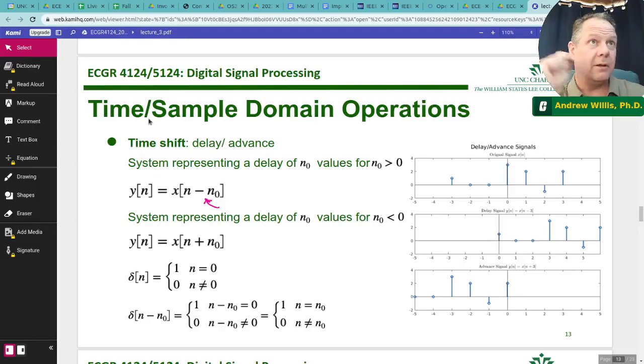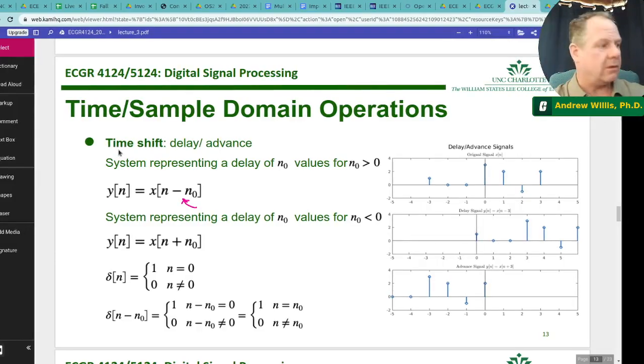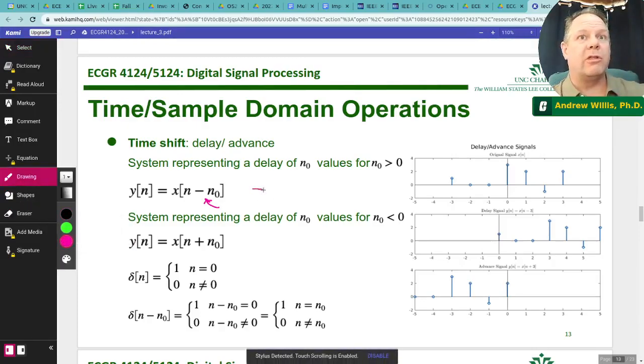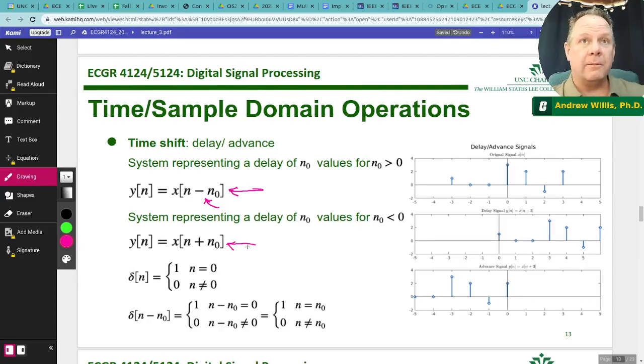We talk about delaying a signal or moving it to the right on the axis, which is this operation. And then advancing a signal, which is shifting it to the left on the axis. And then, of course, there's the